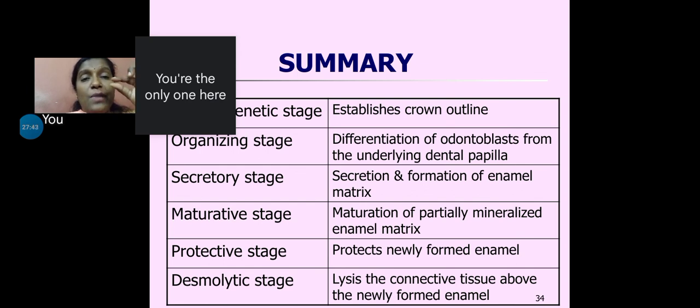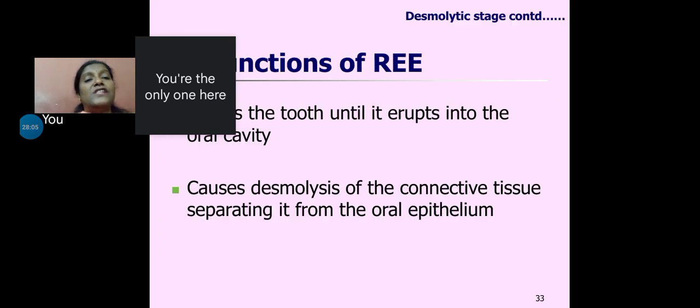The reduced enamel epithelium and oral ectoderm fuse with each other and form a solid plug of cells. The tooth is going to pierce through the solid plug of cells and erupt out. Hence, it's a bloodless process because epithelial cells by themselves do not contain vascularization, do not contain blood vessels. So it pierces through the epithelium and erupts into the oral cavity. So again,